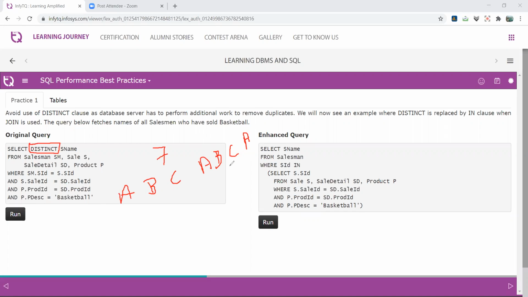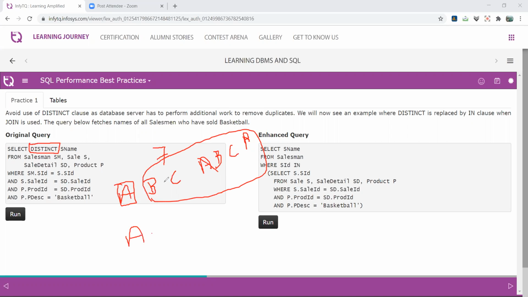Now, if you use the DISTINCT keyword, again the comparison starts, the searching starts. We pick the first record, A, and check the remaining records. If A occurs anywhere, then that record is nullified. So if we take care of this A, the remaining 6 comparisons are used for that purpose, right? Again, this record is settled, so you write down A, right?